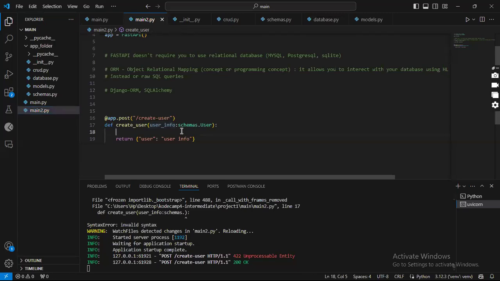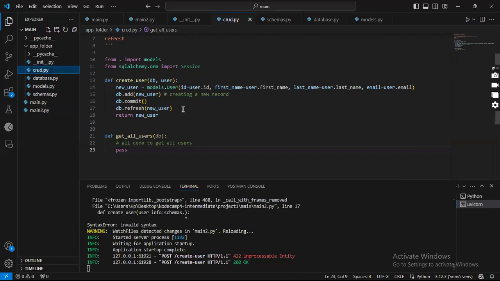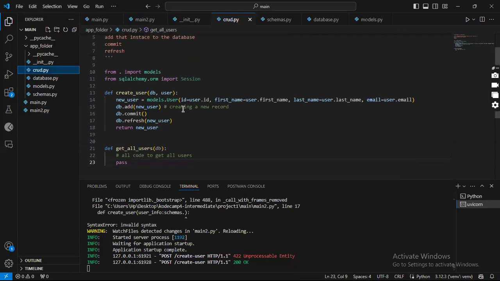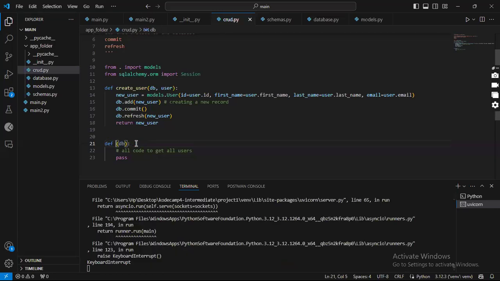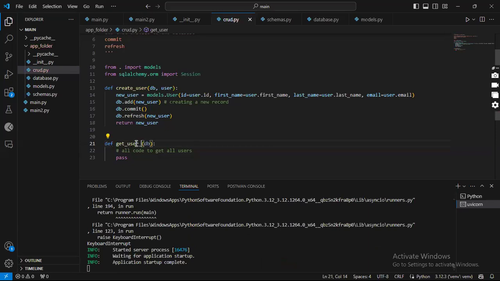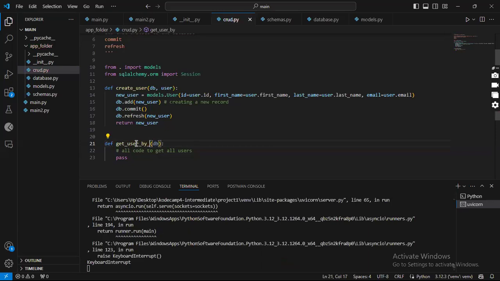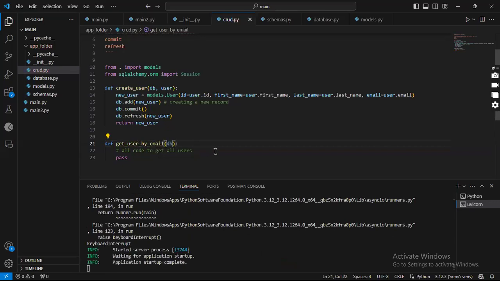Remember that all interaction with the database should come from our CRUD.py. So at the moment we don't have a CRUD interaction to check or get a specific user by email. So we also want to create that function. At this moment I will simply rename this to getting user by email. So this will be get_user_by_email. And remember, we said that once we intend to interact, we always need the DB itself,